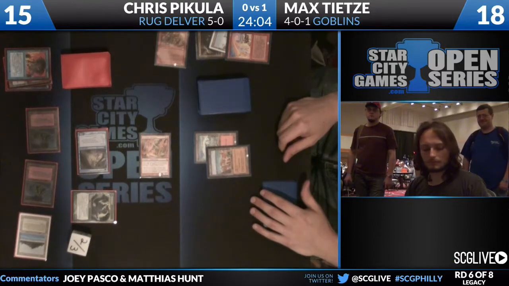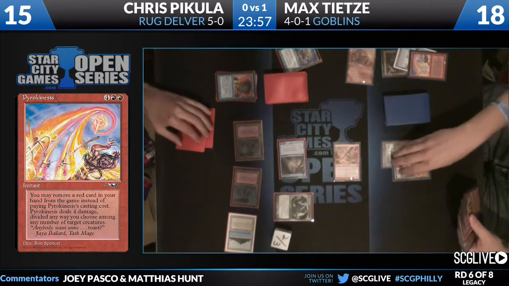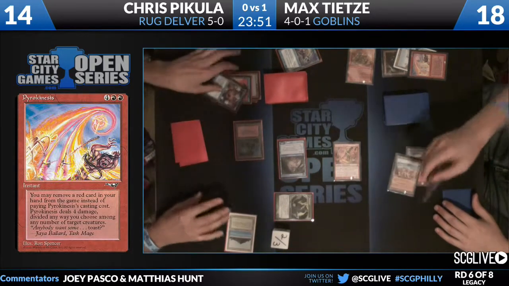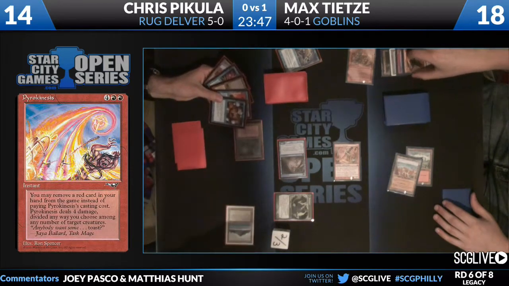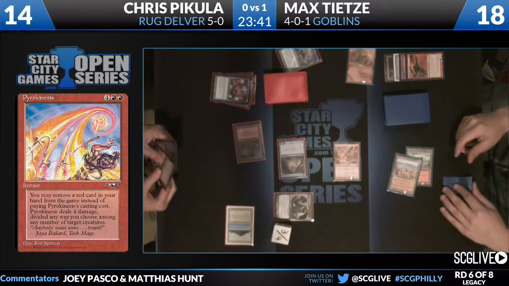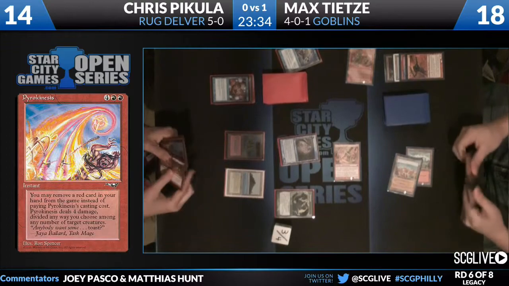Max pitches the Goblin Sharpshooter to cast the Pyrokinesis. Show us Pyrokinesis. There it is. So it's just like Force of Will. You may exile a red card and instead of paying the casting cost, it deals 4 damage divided any way you choose among any number of target creatures. So Pyrokinesis of this cycle is the other one that sees a lot of play. Obviously not as much play as Force of Will, which was the best one out of the cycle, but pretty powerful in creature matchups. So you see the Pyrokinesis gets countered by the Force of Will,